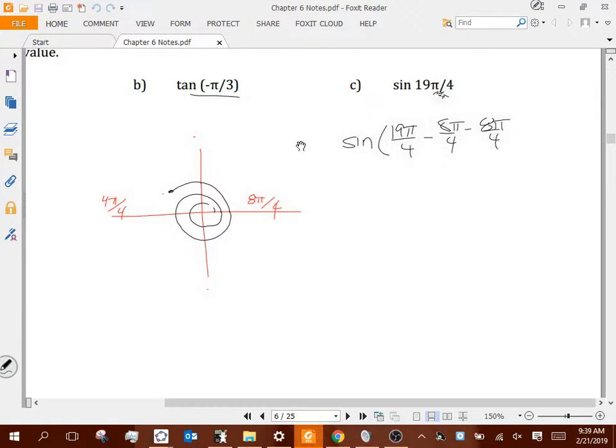So I'm going to subtract another multiple of 2 pi. And I keep doing that until basically my numerator, when I subtract the 8 and the 8, that numerator is a number between 0 and 8, right, in this case? So what's 19 minus 8 minus 8? 3, right? So this thing is equivalent to sine of 3 pi over 4. Okay? Well, sine of 3 pi over 4,